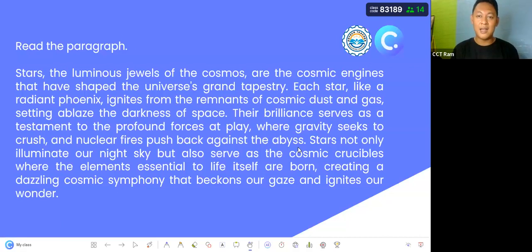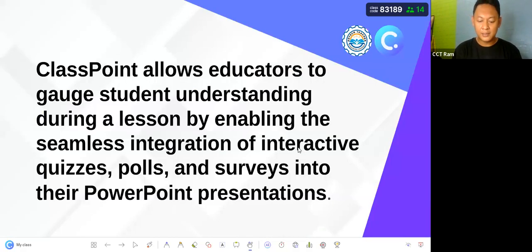Kung may naintindihan ba, ay Classpoint AI. Pero nasa iyo din kung gusto mong gumamit pa ng ibang tool. But if you wish or if you intend na ganito yung gusto mong goal, anong gusto mong mag-get doon sa way ng tanong mo, ay appropriate feature lang ni Classpoint ang gagamitin mo. So next,